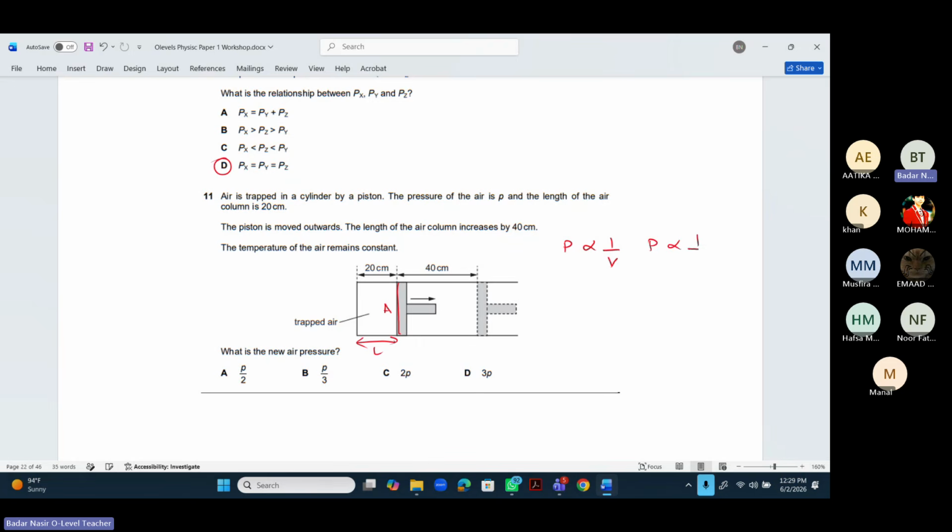So pressure is inversely proportional to area times length. अब क्योंकि एरिया जो है वो कांस्टेंट है, तो मैं ये कह सकता हूं कि प्रेशर इज इनवर्सली प्रोपोर्शनल टू द लेंथ ऑफ द कॉलम। तो अब आपसे उसने ये कहा है कि प्रेशर इज पी व्हेन द लेंथ इज 20। सो व्हेन द लेंथ इज 20, प्रेशर इज पी। अब न्यू लेंथ हमारे पास है 60 सेंटीमीटर। तो जब लेंथ हमारे पास 60 सेंटीमीटर मतलब लेंथ 3 टाइम्स बढ़ेगी, तो प्रेशर 3 टाइम्स कम होगा, तो P/3। सो करेक्ट आंसर इज बी।